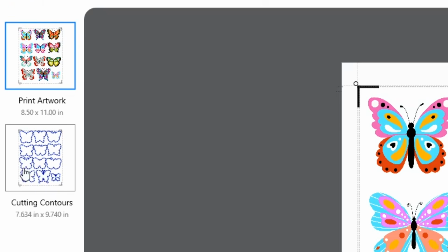Okay, so what I'm going to do first, I am going to do the die cut stickers first, the stickers that will cut all the way through the paper, okay? And these look exactly how I want them to look because they are going to be cutting around the butterflies and not all of these holes on the inside. I don't want any of that. Let me go back because these three at the bottom look different from the 9 at the top. And I just want to double check the cut setting to make sure that it's cutting around and not cutting